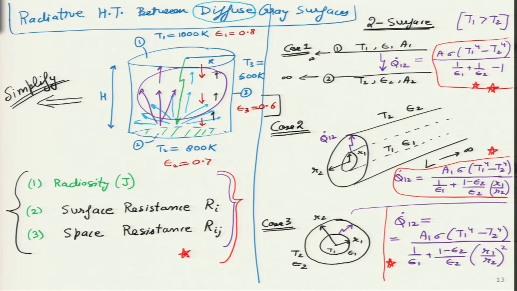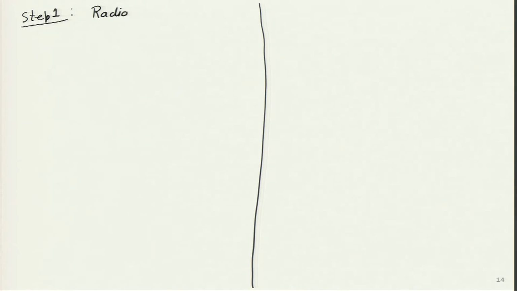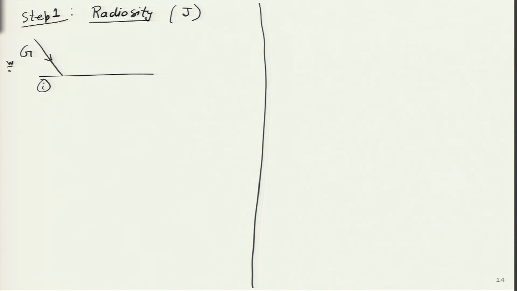So, let us start with the very simple approach, and I will start from a fresh slide over here. So, in the first step, I will follow it up in 3 steps. We will look at radiosity more carefully, and this is something that we are already familiar with. So, let us just revise it a little bit and write it in a proper equation over here. So, let us say we have a surface I, which is given in the horizontal position over here. So, this is my surface I on which there is some irradiation G. So, this irradiation has the units watts per meter square.